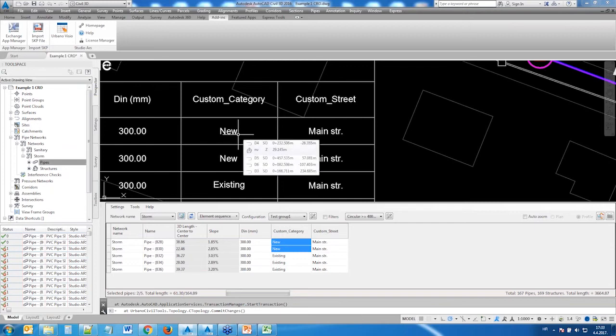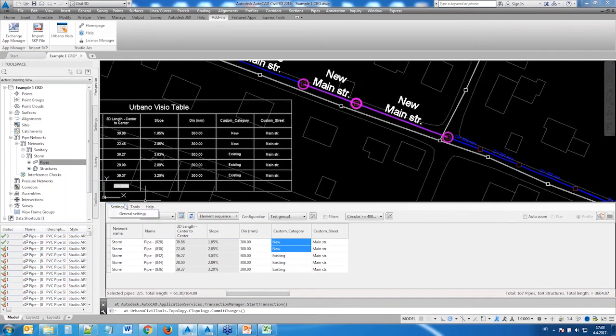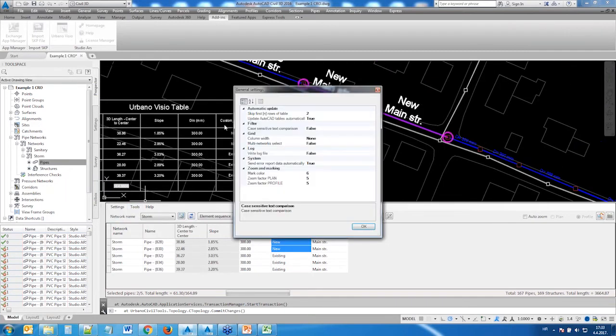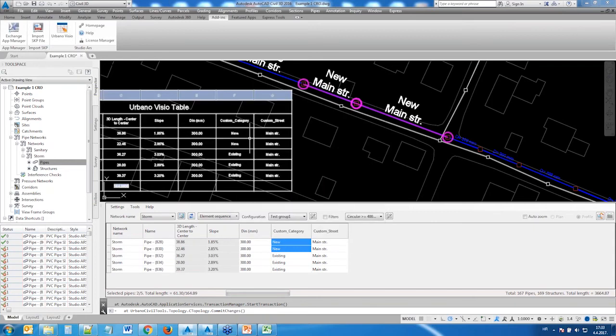So again, this is a behavior which can be controlled. There's a setting in the program here which is currently set to true. You can disable it. If you don't want a live table, you can disable the setting, and you will get a disconnected